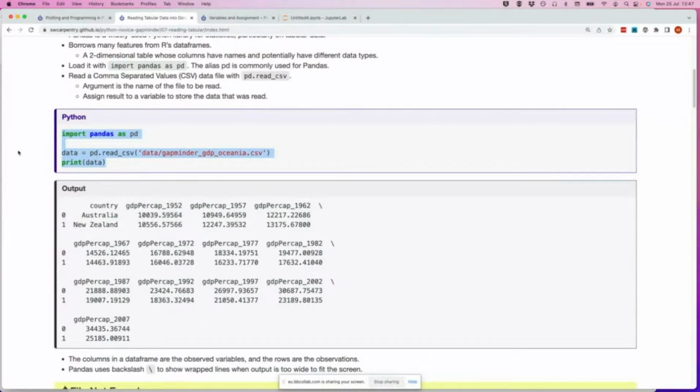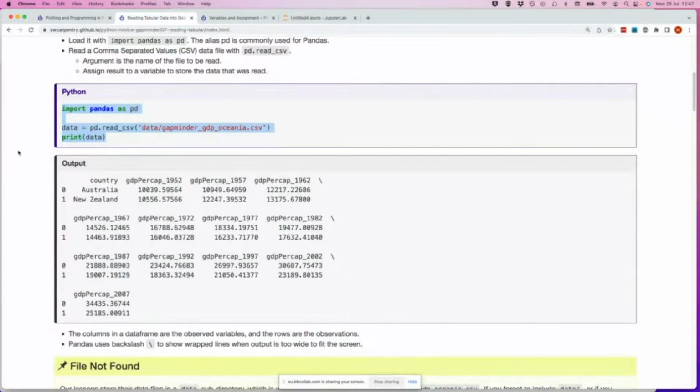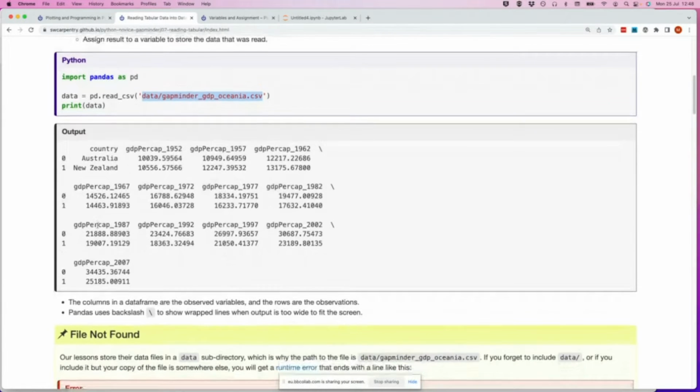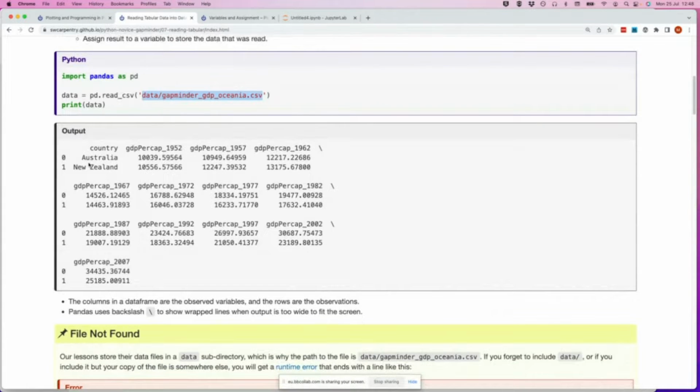So here's an example here. So we import pandas as pd. So Andy's just saying it's his favorite library module, pandas. Is it also named after your favorite animal too? I don't know. So here is what we're doing: we're reading in the Oceania comma-separated variable file, and then it's going to print the data that's returned, and it prints it, and we've got a